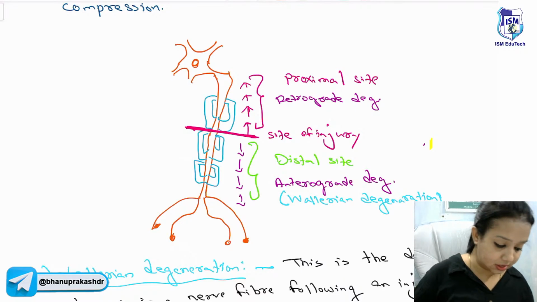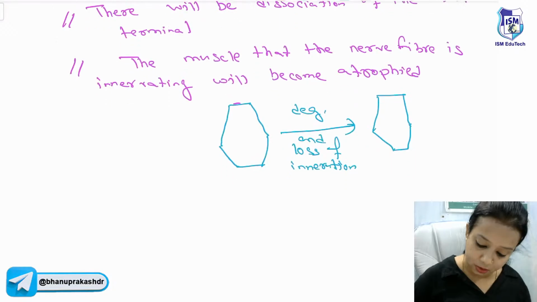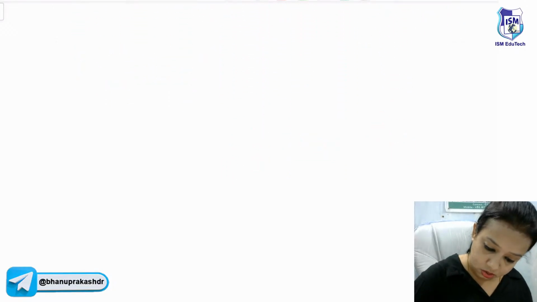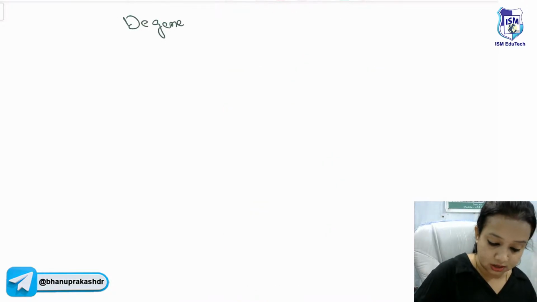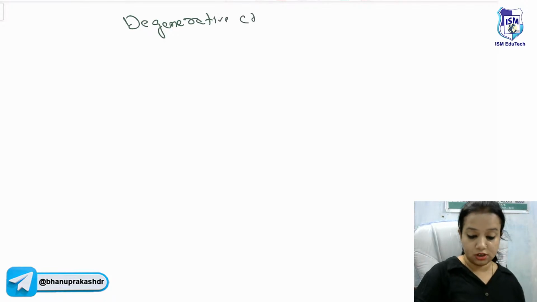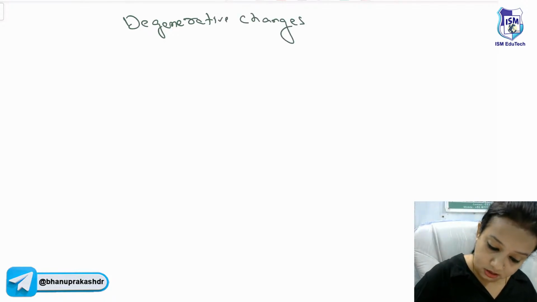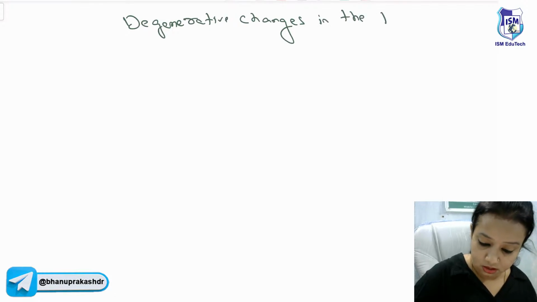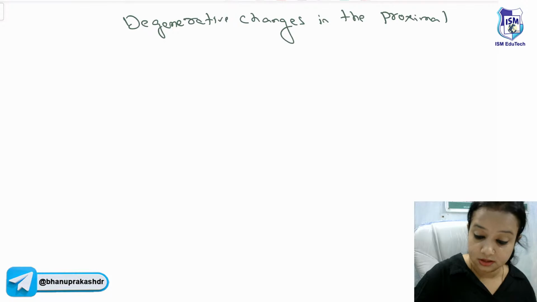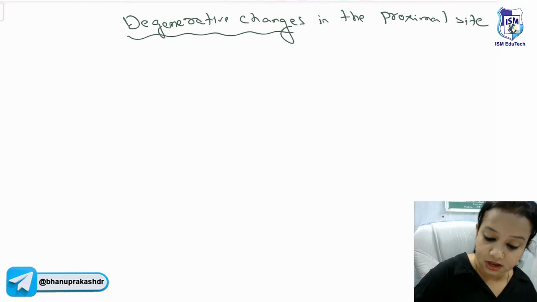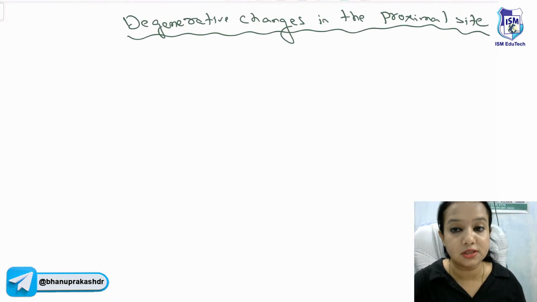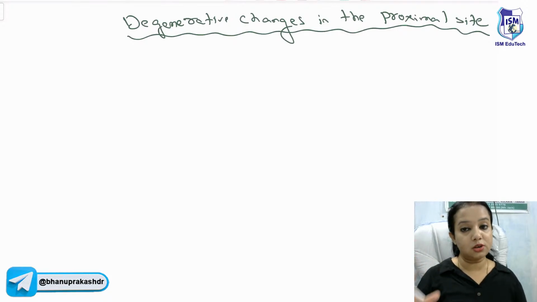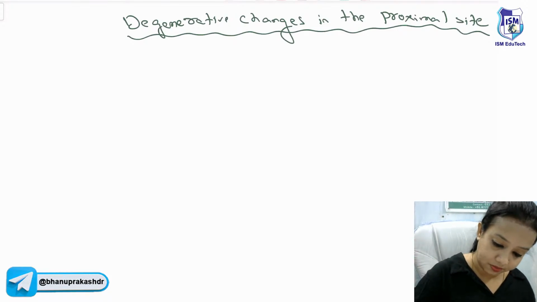Now there will be some changes in the proximal site also. So the degenerative changes in the proximal site, like the site which is above the site of injury. The changes that we studied about the myelin sheath and the axon will happen there also. Additionally, the cell body,